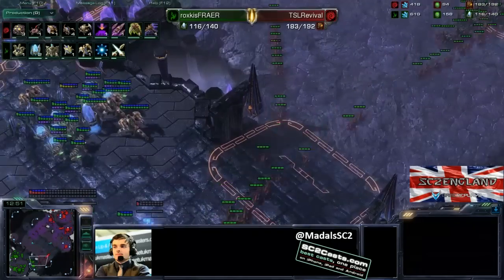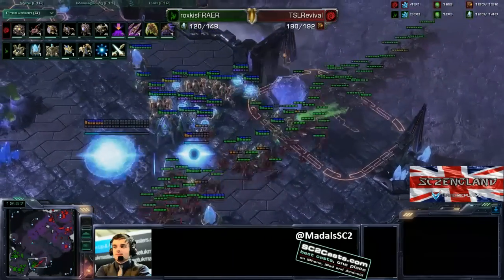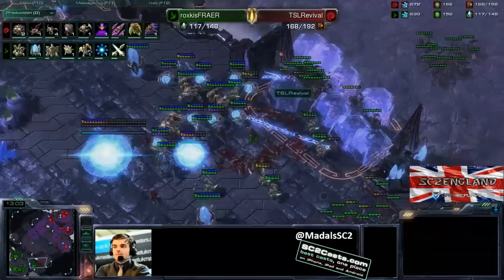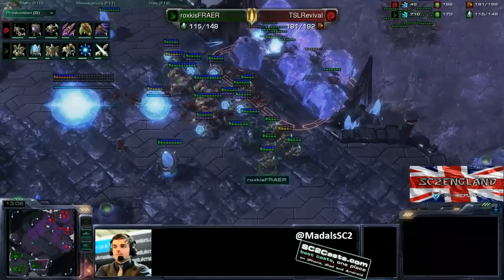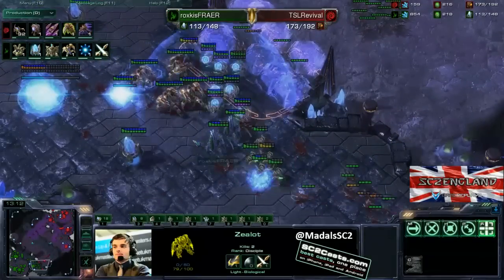But look at this, a huge push coming into the 3rd base right now for Revival, and Fraer is going to struggle to defend this. These force fields are hitting, but they are slightly late. A handful of Roaches do get trapped. That is good for Fraer, and he is going to be able to clean up most of this, but the Zerglings are still going to be the threat. Upgrade wise, it's 1-1